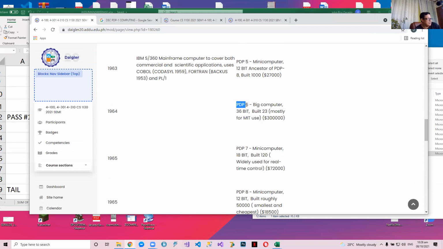They built the PDP-6, which is a 36-bit mainframe, but they built only 23 and sold only 300,000, compared to the 3 million. No, they built 23, only used by MIT. So DEC and MIT were collaborating. IBM and Harvard were collaborating, and then Iowa State was collaborating with